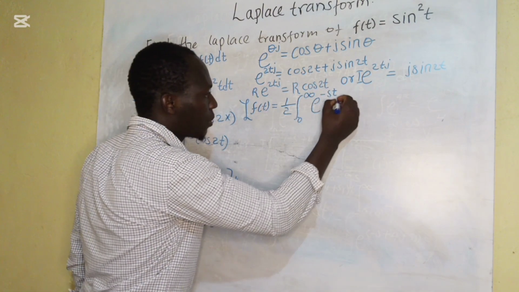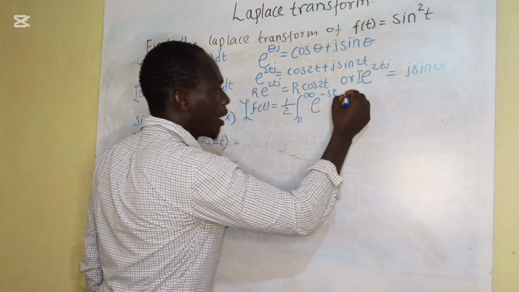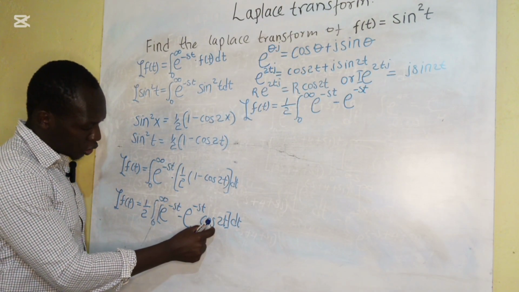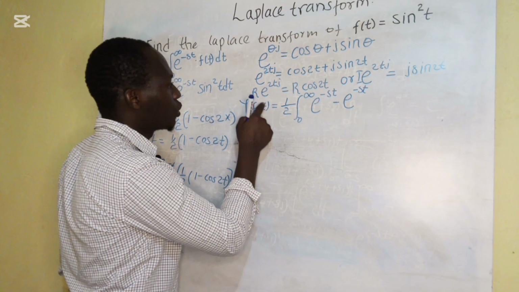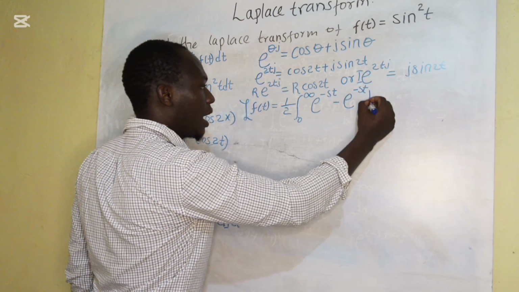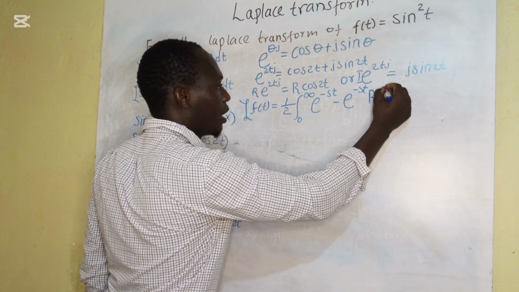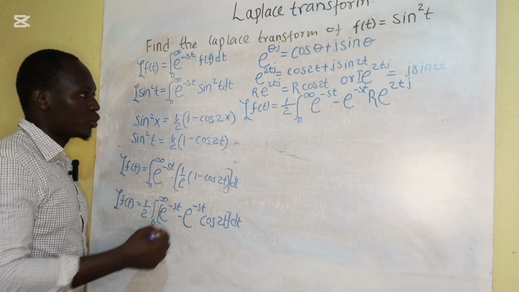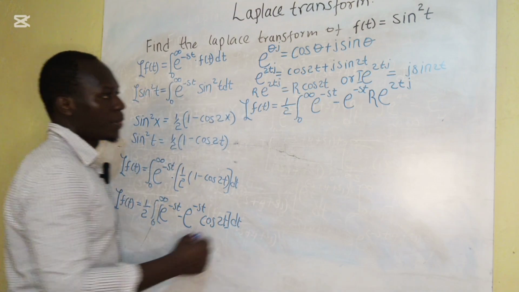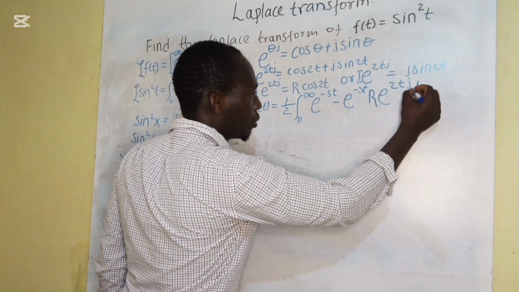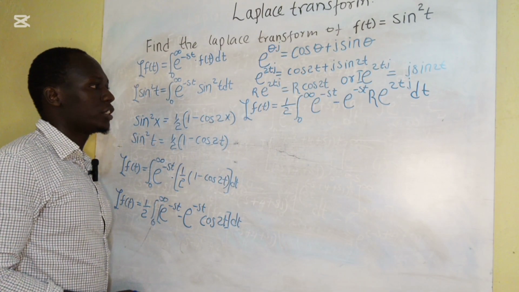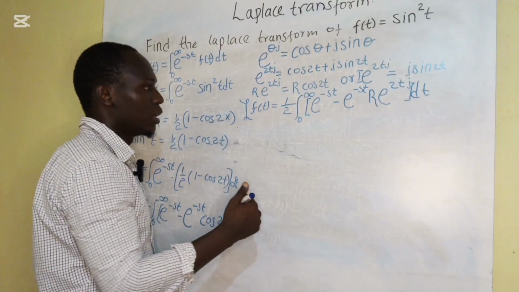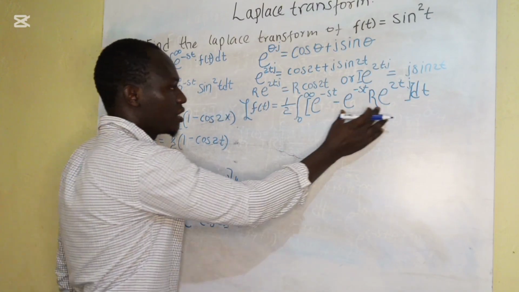Here we subtract from exponential negative st. cos 2t is going to be equal to, here we agreed, r exponential 2tj is equal to cos 2t. We are going to replace with that, and our integration is with respect to dt. From this point now, on this side, we need to simplify it further, and by simplification of this side,